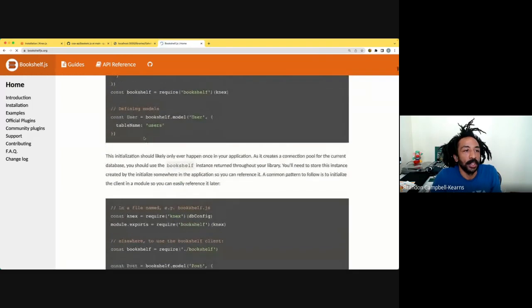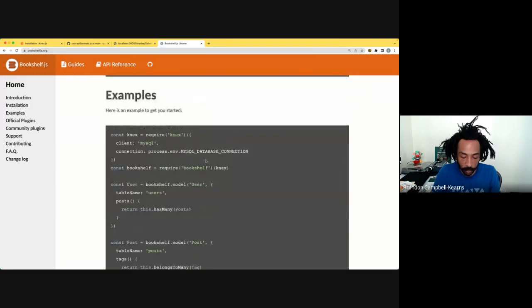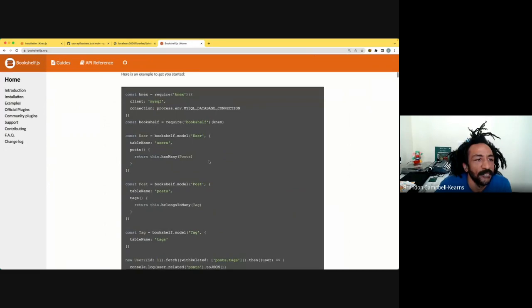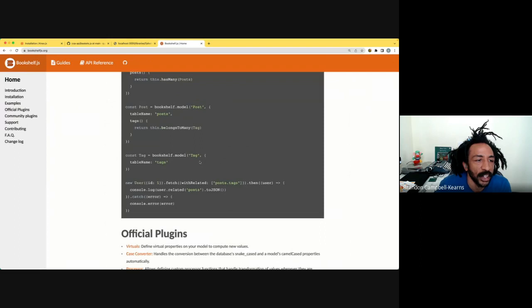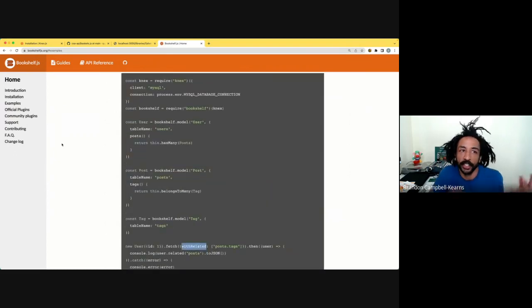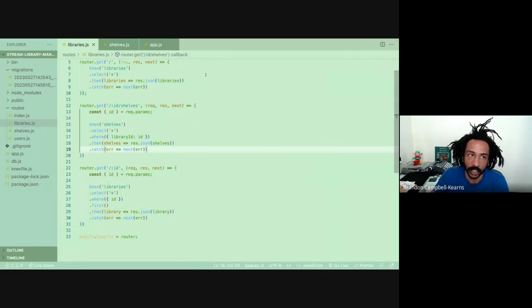So now using Bookshelf, we could do something like const user equals bookshelf.model, and it's called user. Going forward, we could reference it using the word user. Let me show you an example here. So then we could say something like user.fetch with the related post tags, blah, blah, blah. I don't love it. But I could see how somebody might be like, oh yeah, this makes it much easier because you just reference things by their name. But there is no equivalent of models in Knex.js because its only job is to write